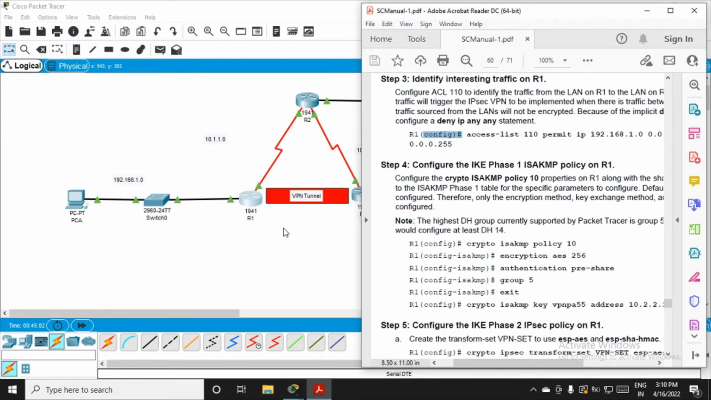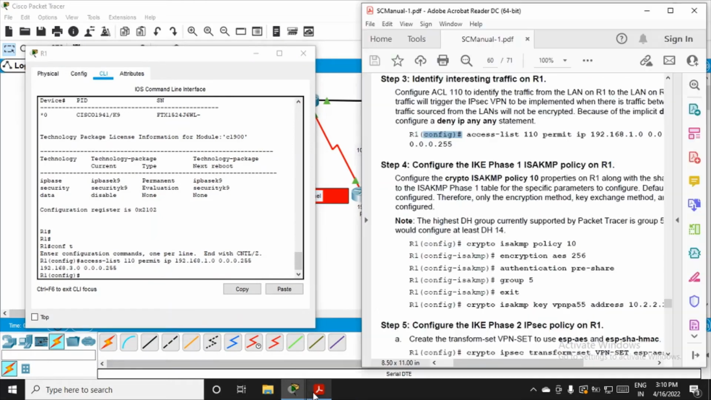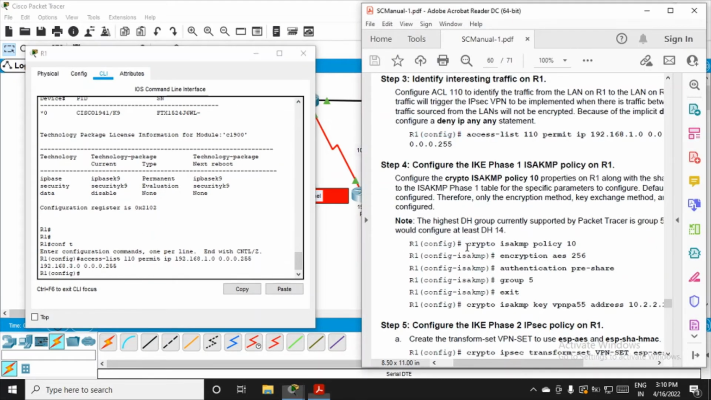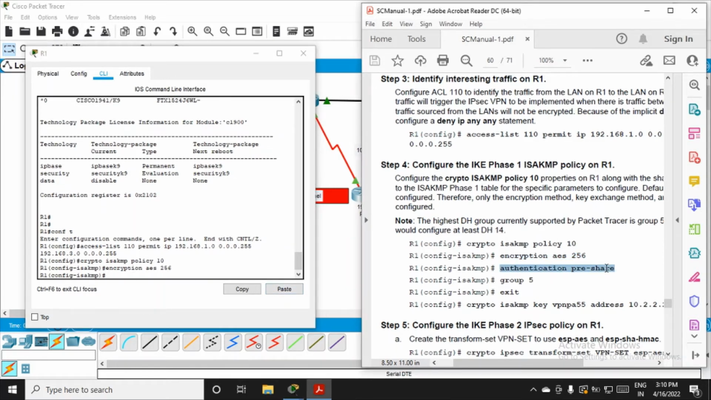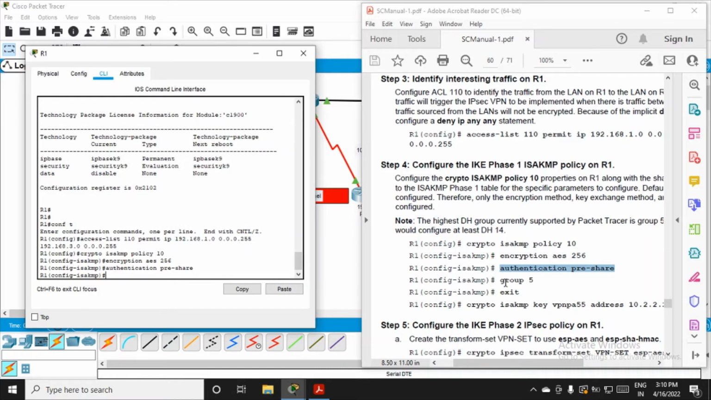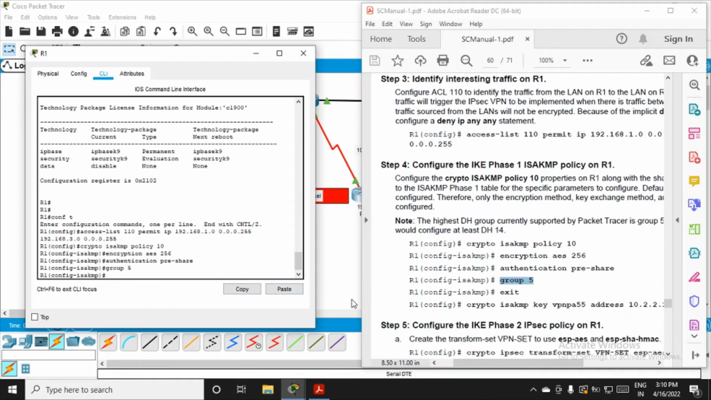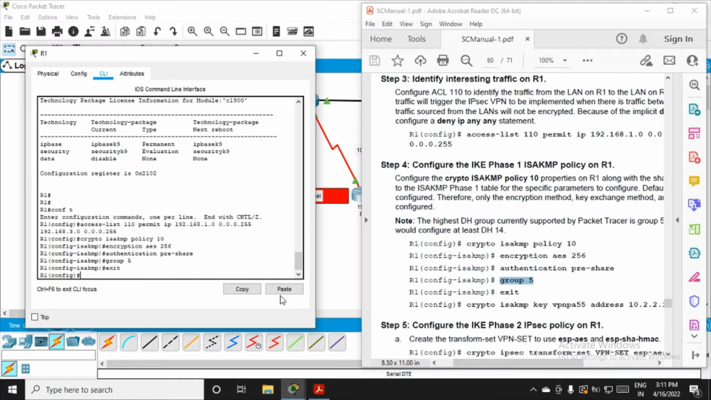So now let's go to R1 into config mode, and we'll fire this command, crypto isakmp policy 10. Paste it, and then enter. Then encryption AES, that is Advanced Encryption Standard, and we are specifying the number of bits, that is 256. Authentication pre-share, which means the key which will be used will be shared in advance. Then we are setting group 5 here, then enter, and then exit,